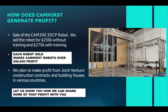So how does Camhirst generate profit? And I know you're probably sitting there saying, Rashid, I like that, that sounds great, but what's in it for me? All right, well, let me break that down for you, because this is really the easiest part. It's very straightforward, but there's no fluff. There's no gray area. This is a traditional business at its core